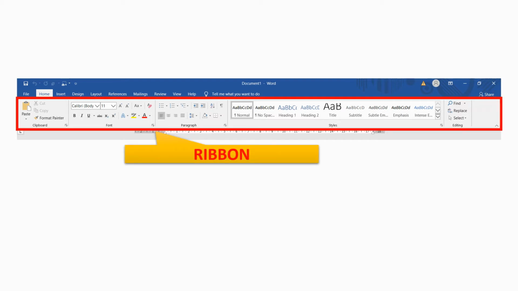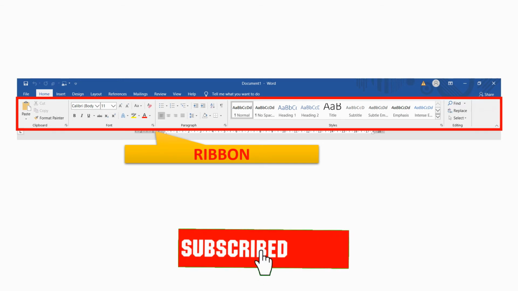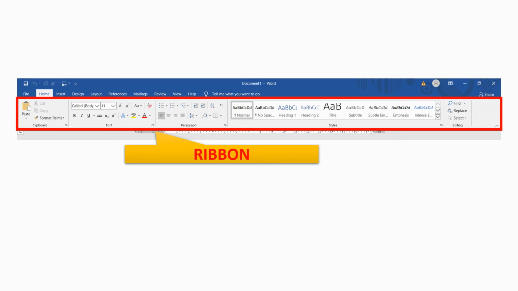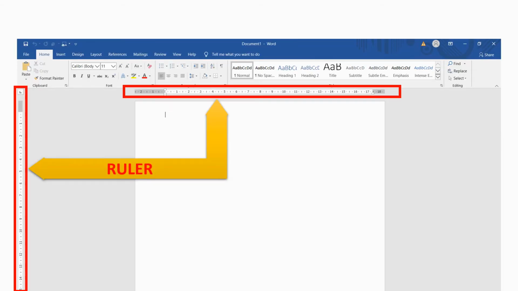The ribbon is a panel at the top portion of the document. It has tabs: File, Home, Insert, Design, Layout, References, Mailings, Review, View, and Help, that contain many new and existing features of Word. Each tab is divided into groups. The groups are logical collections of features designed to perform functions that you will utilize in developing or creating your Word document.